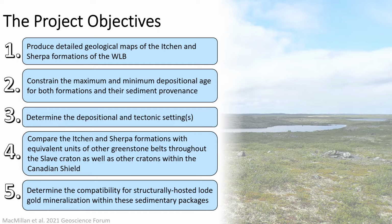So there are 5 specific objectives of this project, which are to produce detailed geological maps of the Itchen and Sherpa formations, which should allow for a better understanding of the belt than the previous 1 to 50,000 scale mapping, to constrain the maximum and minimum depositional age for both formations and their sediment provenance, determine their depositional and tectonic settings, compare the Itchen and Sherpa formations with equivalent units within the Slave Craton and other cratons within the Canadian Shield,